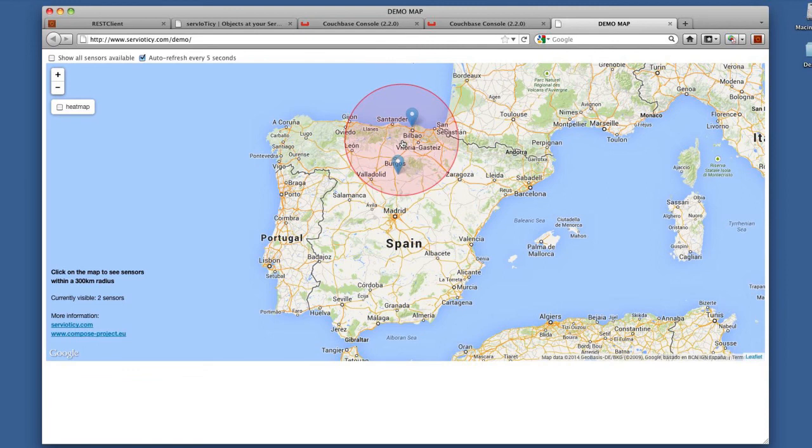So we can make the different geolocation views. Every time, this is a geofilter. It's only requesting data that comes from sensors around 300 kilometers from the position. This is not a visual filter. This is going to the database and asking for any element that is around 300 kilometers from the point